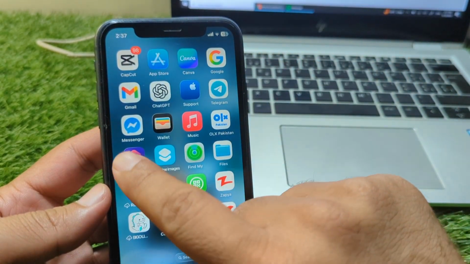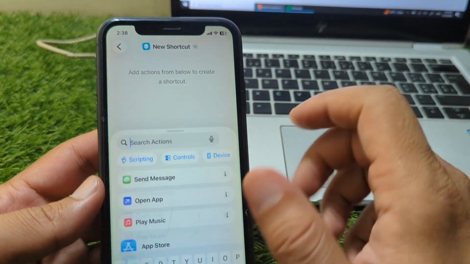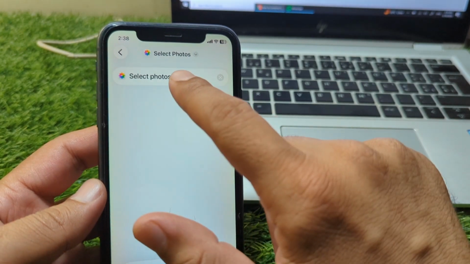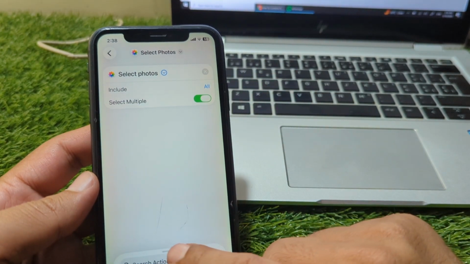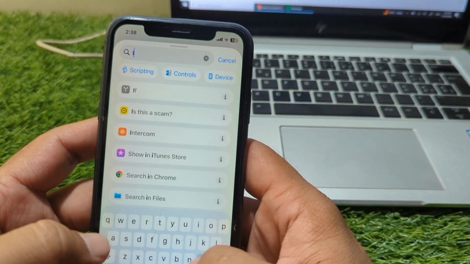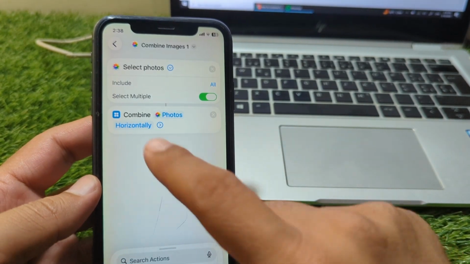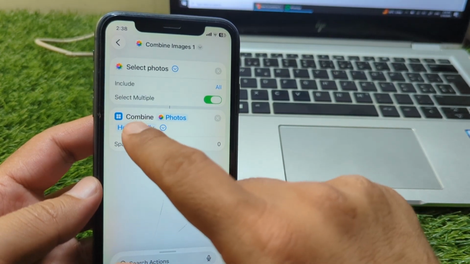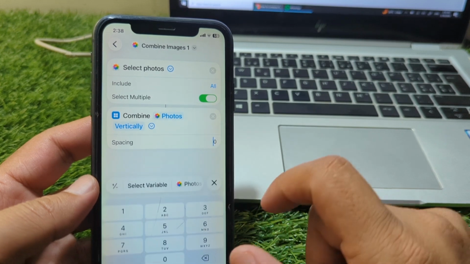First of all, open your Shortcuts app, tap on the plus icon and search for select photos, and then tap on the arrow button and turn on select multiple. Search for another action, and then search for combine images. Here it is. Now tap on this arrow button again and select vertically, and give the spacing